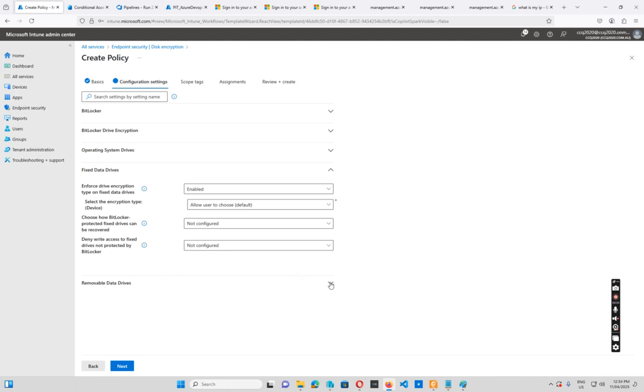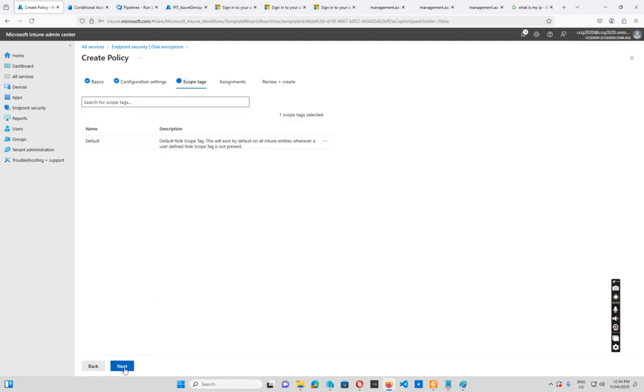We don't want to configure it, because if we encrypt this one, every time we insert a USB, we would have to turn BitLocker on, and then you can't use it from another computer because it's encrypted. So we don't want to configure it. Next,